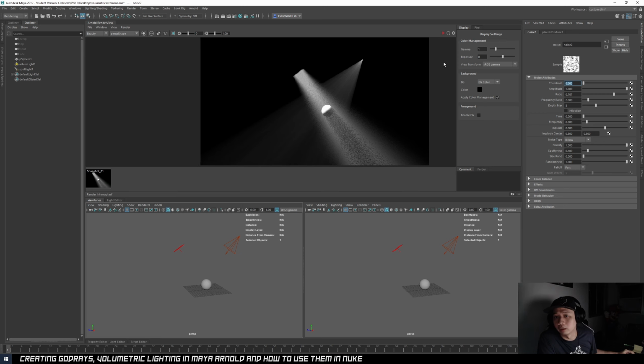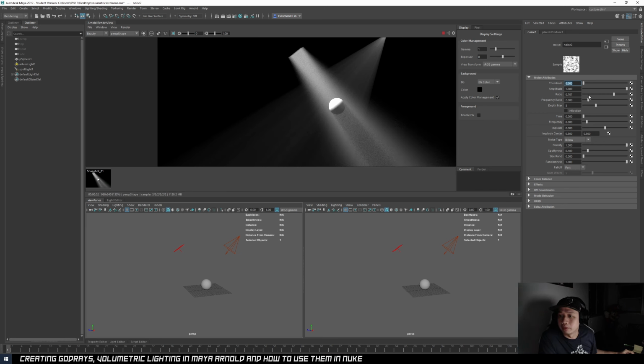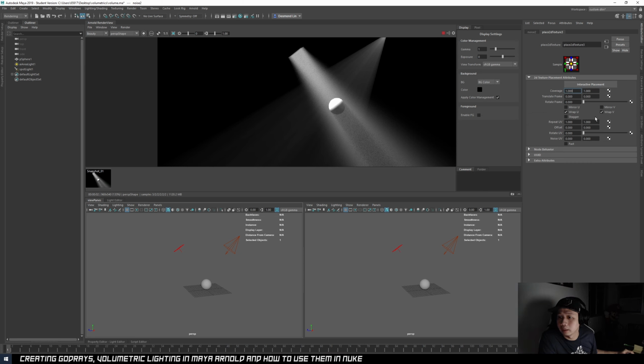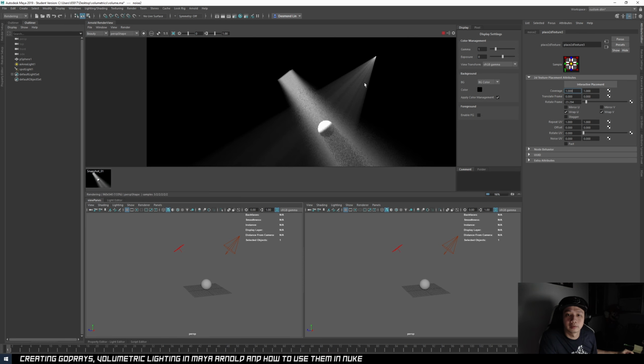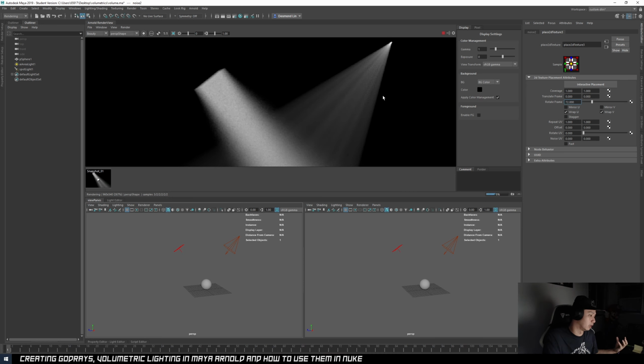And then what you can do now, you can play with the amplitude, the ratio to get a different look, or even you can go into the noise pattern and animate the rotation. Let's say you want to do something fancy, you can set keyframes and animate this. Basically what it does, it will rotate the volumes to give it some movement if you need it, or you can scale up or down.